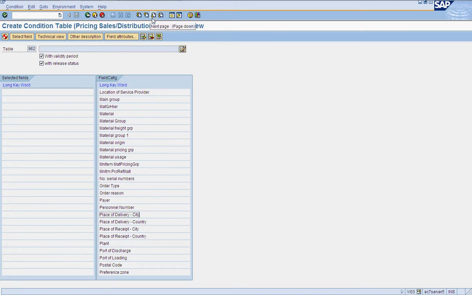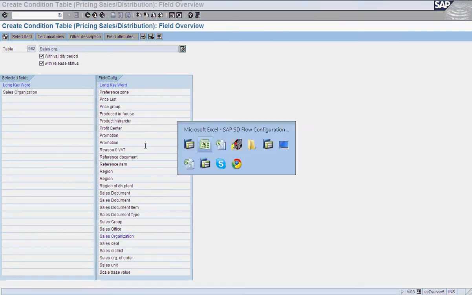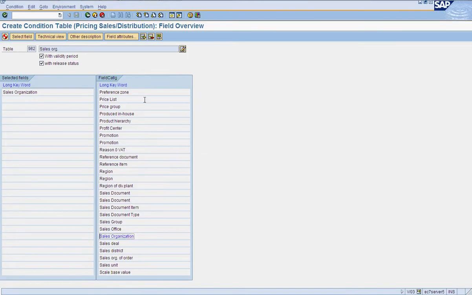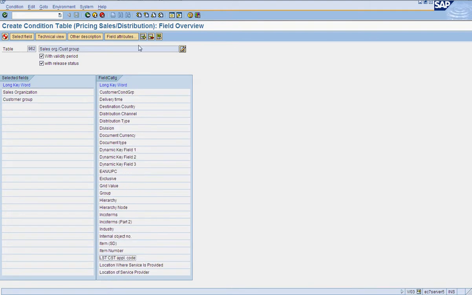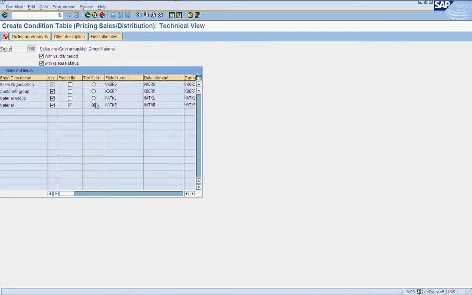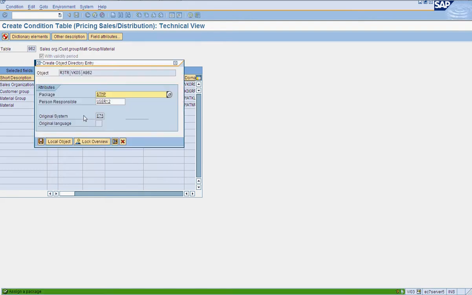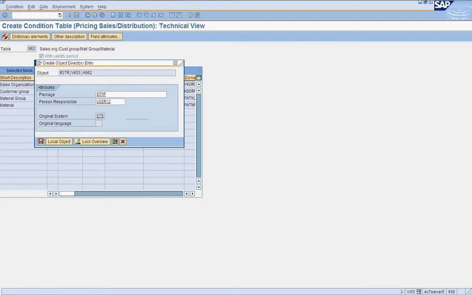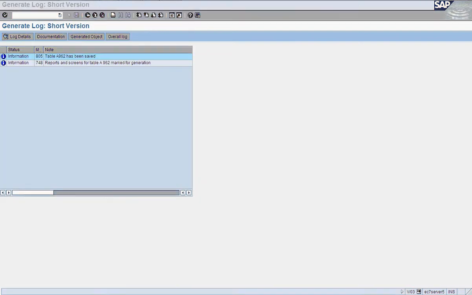So I will be using sales org, then customer group, material group, then customer group, then material group, and material. Just check technical view. So these are footer fields. That is fine. Generate and save. So we have created 3 new condition tables for these.